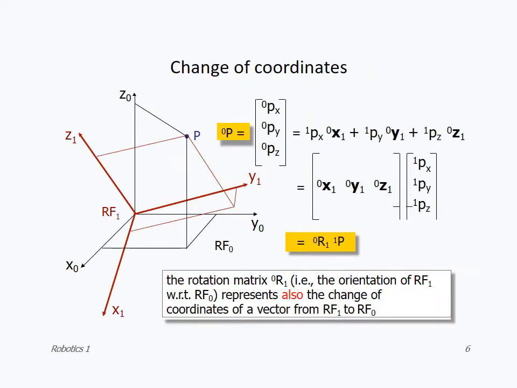Change of coordinates. First we were seeing the change of rotation; here we have change of coordinates. Change of coordinates means we need to vary the point value, and we need to define the position of the robot. So we need to consider the axes as well as the position of the robot. This is the equation for change of coordinates identification.